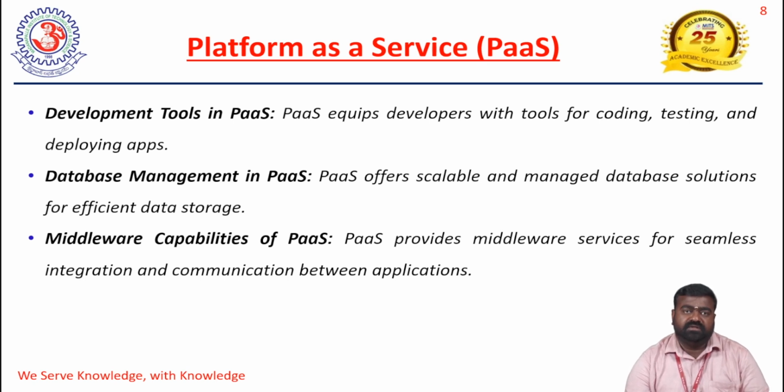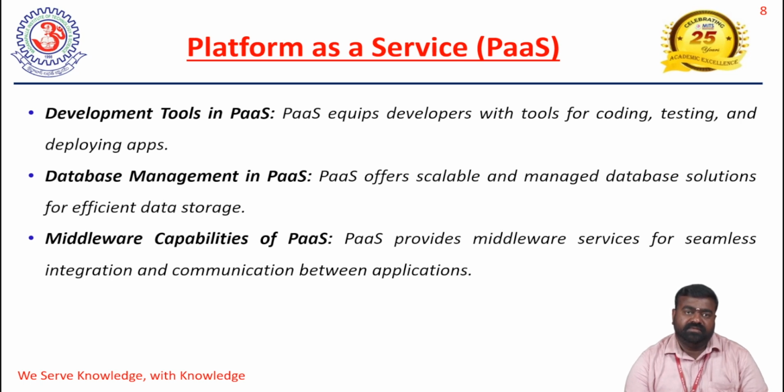For example, Google App Engine provides the environment for users to develop their application on that platform, and they can code it, test it, and deploy the applications on the platform. This is one kind of service offered by Platform as a Service. We can also provide some database related services. Suppose I cannot spend a large amount on a license for a specific database. In this scenario, I may use the database services.